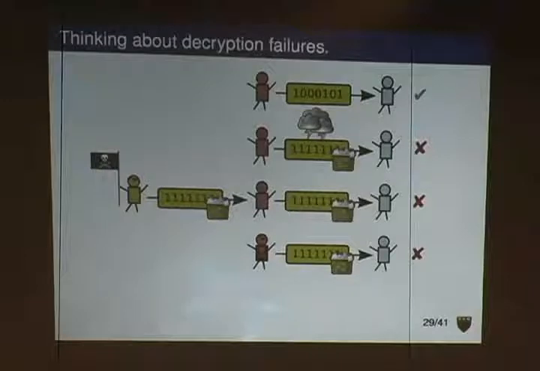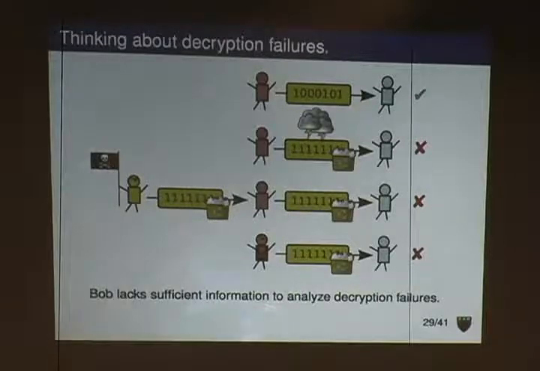But if we're not doing anything careful, Bob's not going to have enough information to distinguish these possibilities. And they're really different, right? In one situation, something went wrong, we should probably retransmit. Down here, the user we thought is our friend is trying to send us bad data. These distinctions matter.